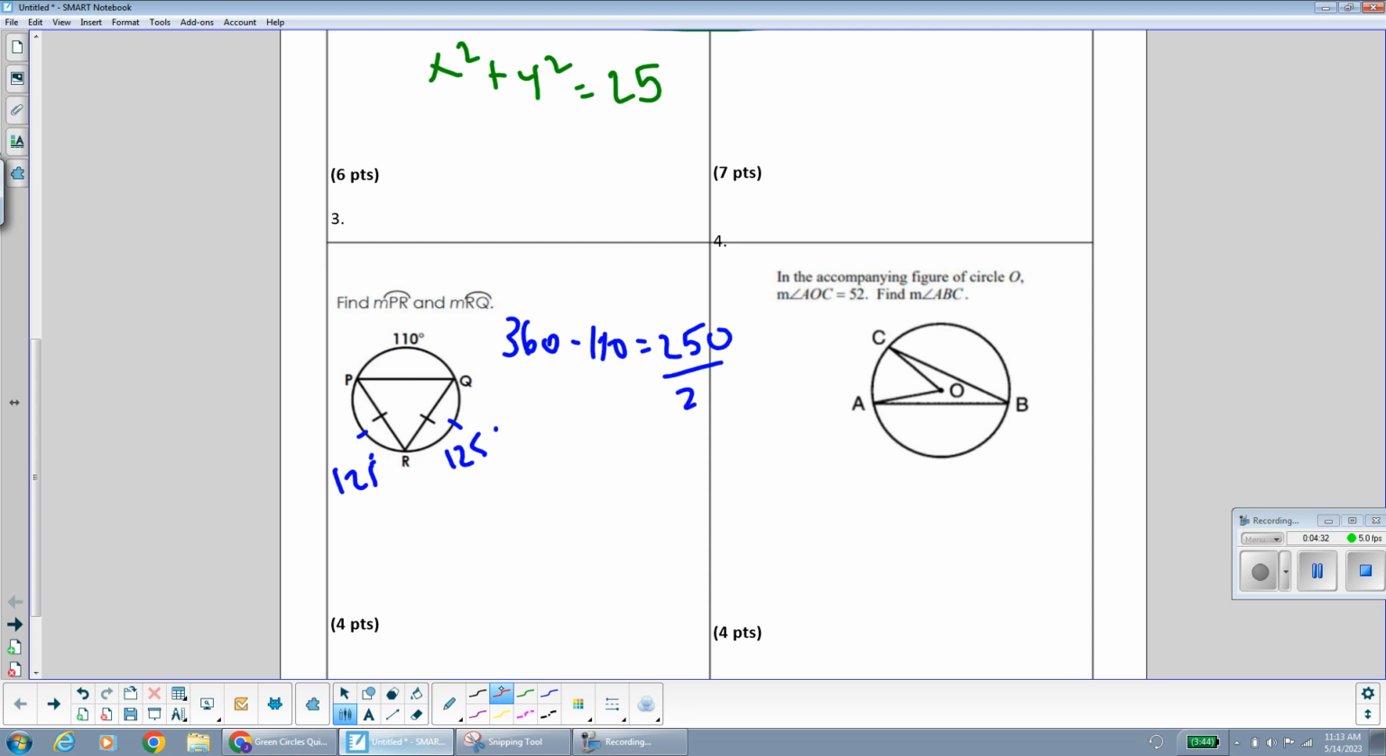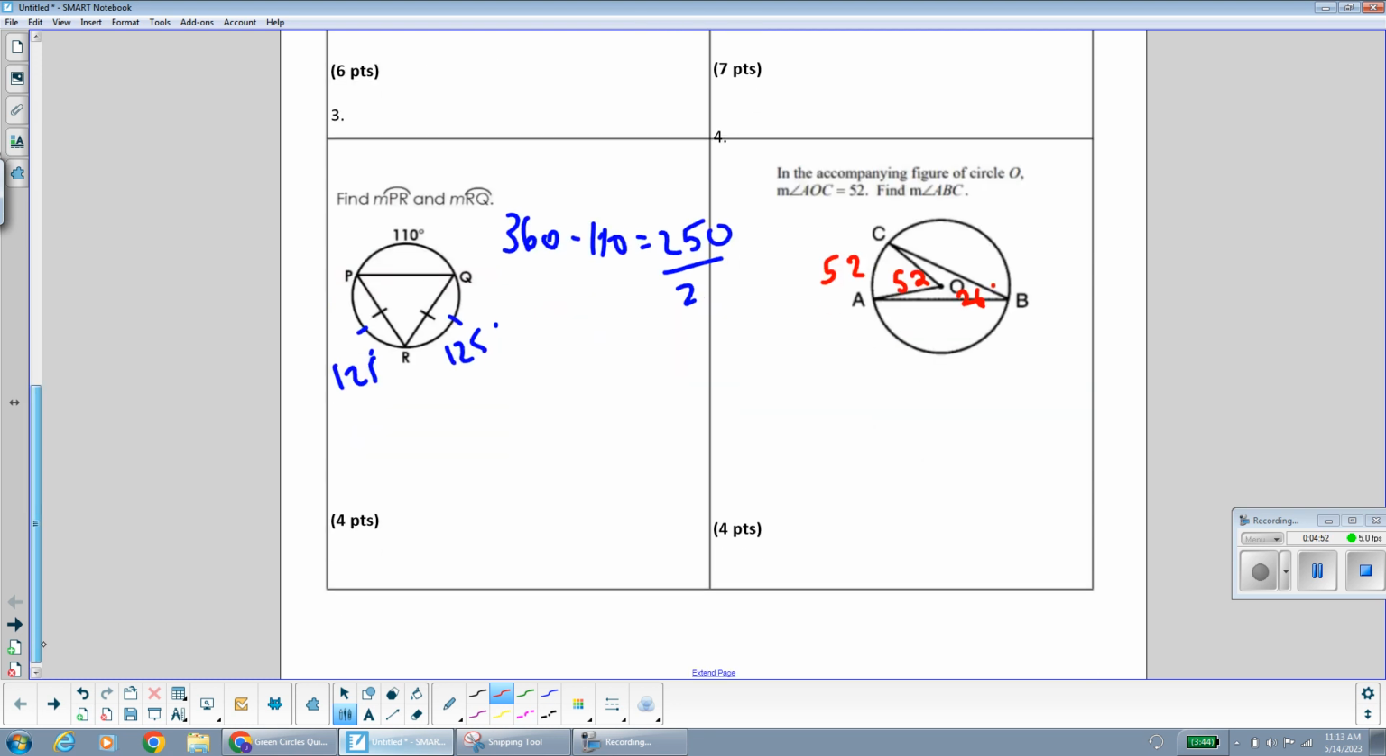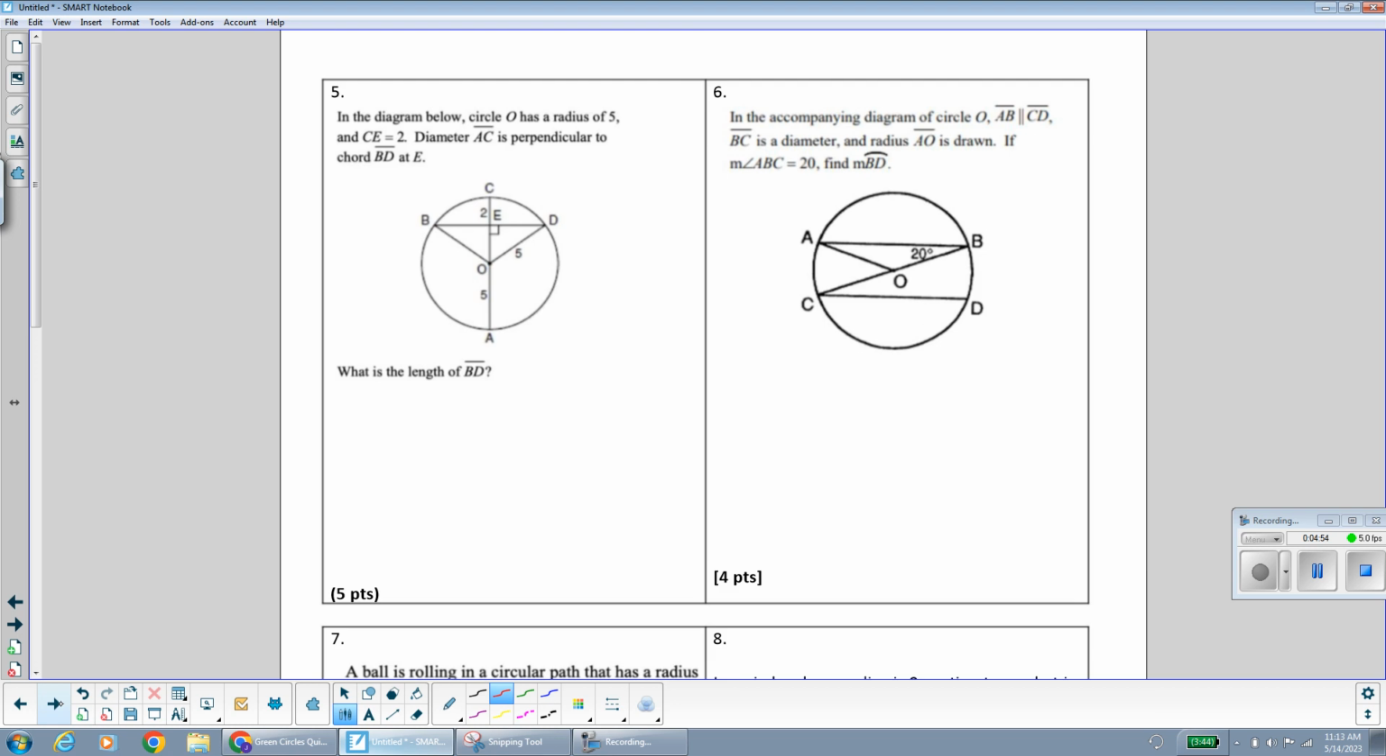In the next one, they give us the measurement of the central angle, and I know that central angles are equal in measure to their intersected arcs. And we're looking for the inscribed angle, and the inscribed angle is half the measure of its intercepted arc. So the inscribed angle would be 26 degrees. Moving on to the next one,